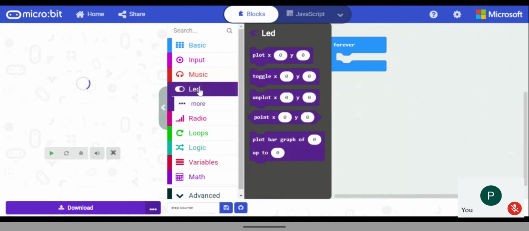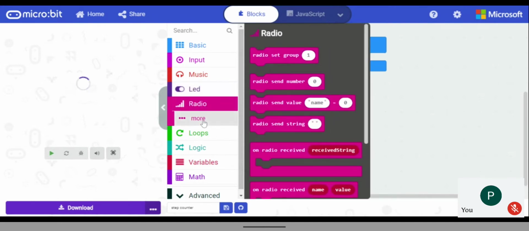Okay, and here we have LED. That means if you want to show anything like X and Y graphs, we can. I'll explain this later. Using the radio we have also done something, right? What is that module name? Sir, radio receiver and sender. Yes, like a messenger, with two devices, one has to send the message and another has to receive the message. In that way we have done something.